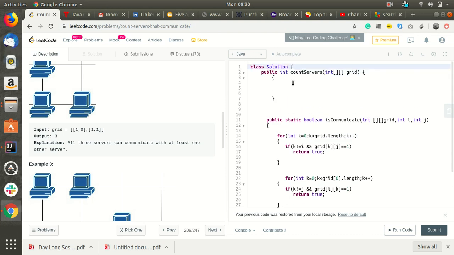So we'll count. We'll use two for loops to iterate over every cell. Int i equal to 0, i less than grid dot length, i plus plus. For int j equal to 0, j less than grid of 0 dot length, j plus plus.